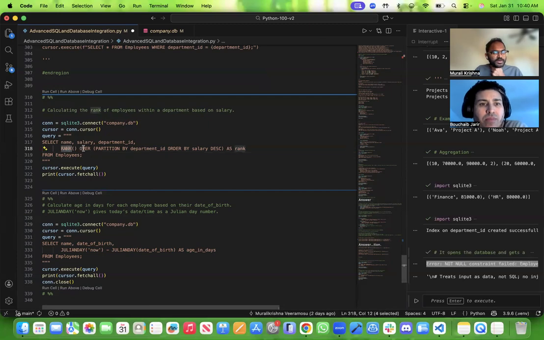This is the query. We are saying rank over partition by department ID, order by salary in descending order, right? And when I run it,